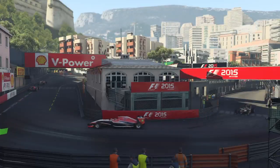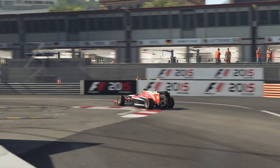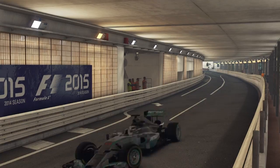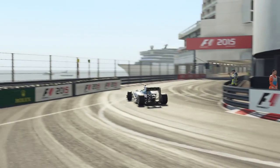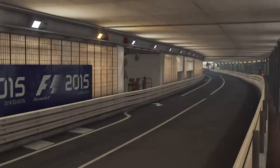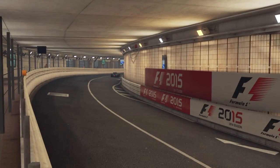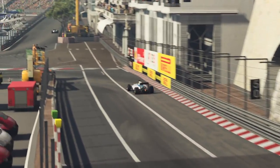Vergne's definitely not having a good race down there. Chilton, after holding up Rosberg for a lap, is now way behind at the back. And Hamilton is way ahead at the front. Bottas in second. Massa third, actually. They're looking good for Williams. With a 2-3 podium, they're getting some good points. Might actually put them ahead of...